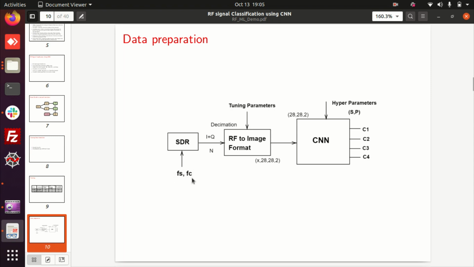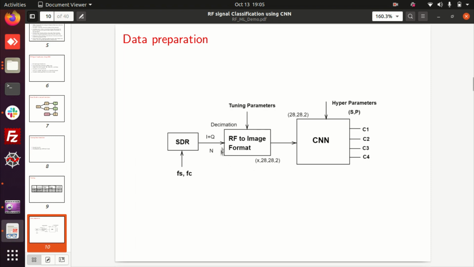These are the input parameters to the SDR. Now the SDR operates and collects the raw samples. They are in complex format, consisting of both real and imaginary components, that is, in-phase and quadrature phase components, the IQ samples. N represents the number of samples I'm capturing from the SDR.